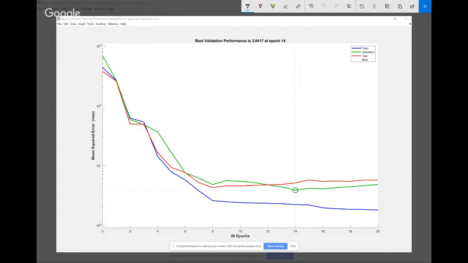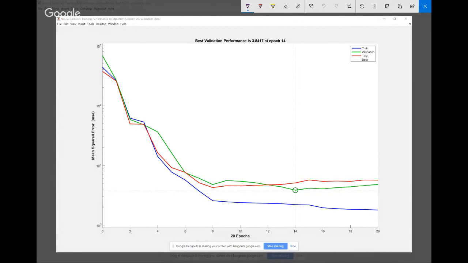The training samples are in blue, which you can see as the blue line over here. The validation samples are in green, and the test samples are in red. Whereas this dotted line over here shows the best matching point. You can see the title of this plot says best validation performance is at 3.8417 at epoch 14. You can see at epoch 14 the validation is complete and all the values till this data are perfect.